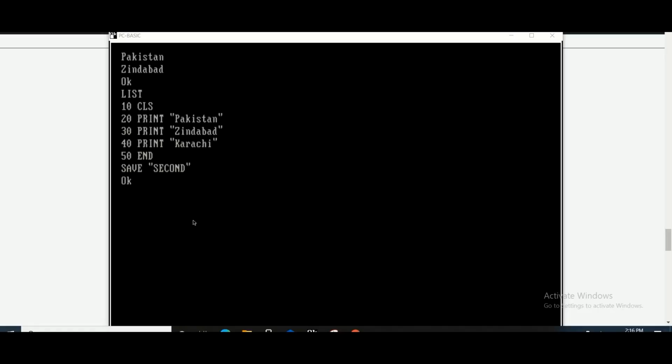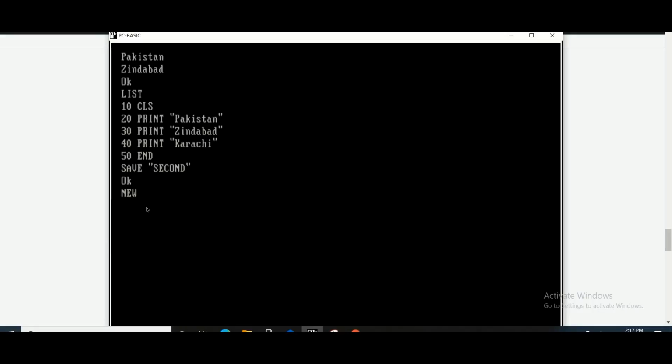The last command which we need to discuss is this. Whenever you need to start a new program, and previously you were working on some old program and now I want to start a new program, then in that case you have to use the new command. Mind it, this command might be dangerous for you in the sense that if you have not saved your program and you use this new command, then your program from memory will vanish and you will not be able to retrieve it from anywhere because you have not saved it.